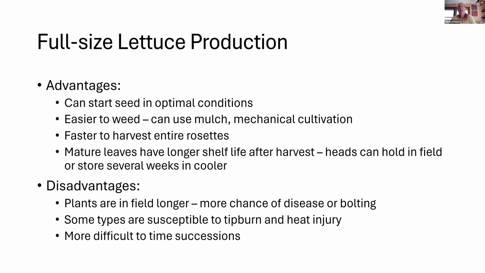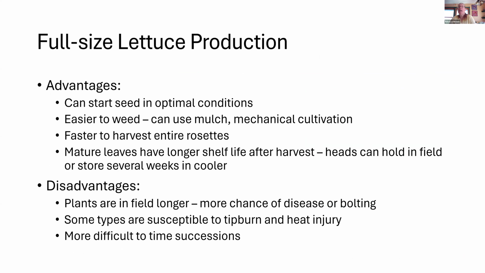Advantages of full-size lettuce production. You can start your seeds in optimal conditions. It's much easier to weed even if you're not using mulch. You can space these far enough apart that you can mechanically cultivate. You shouldn't need to hand weed. You can get in there with a hoe, because by the time you transplant in, your plants are basically at